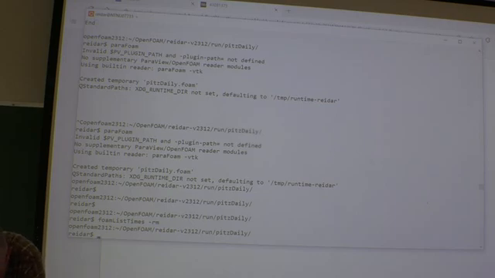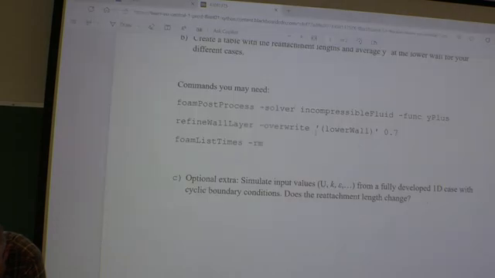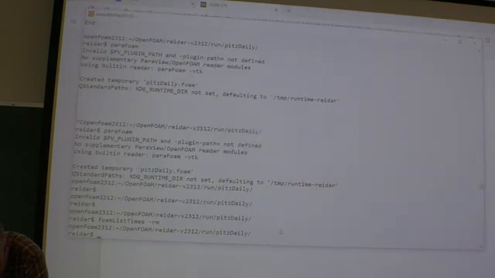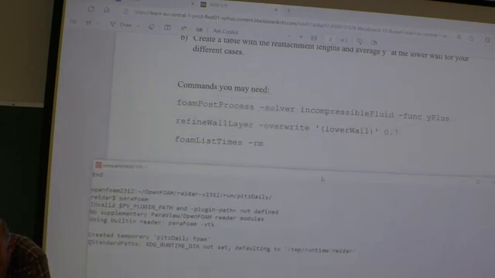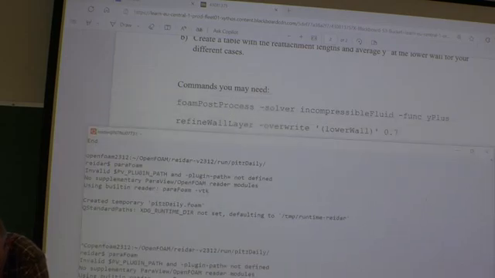And then we try this command here. refineWallLayer. It's a crude one, actually not to be recommended, but it should be possible to use that one. So refineWallLayer, like that.